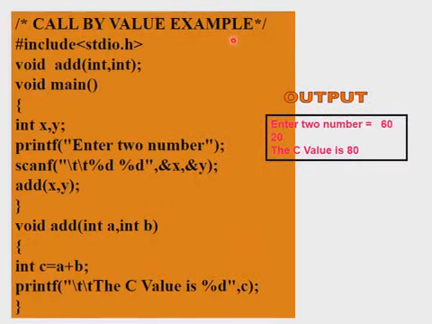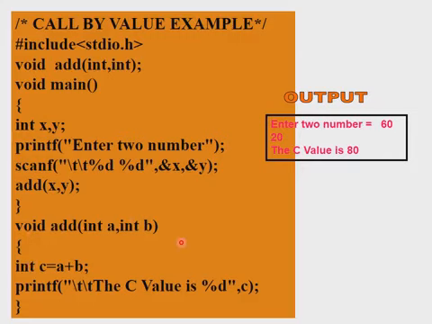Let's see an example of the call by value method. As we have seen in earlier examples, just like the add function that has two parameters, integer and integer, and it does not return any values. So let's see how we can pass these two parameters by using the call by value method. In the main function we have declared two variables and we have accepted the values of two numbers and copied them into x and y, and we will call the function like add x and y. So these original variables we have passed here, and when we call this function it will go into its definition, that is void add integer a and b.